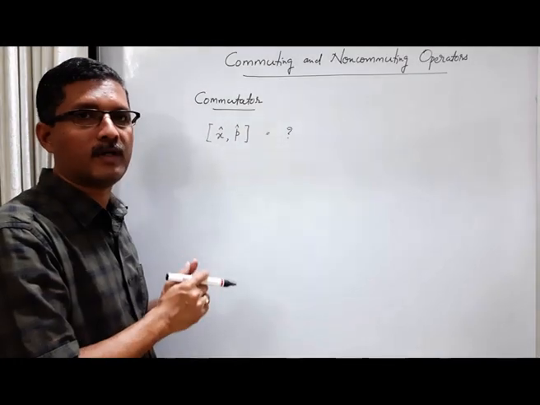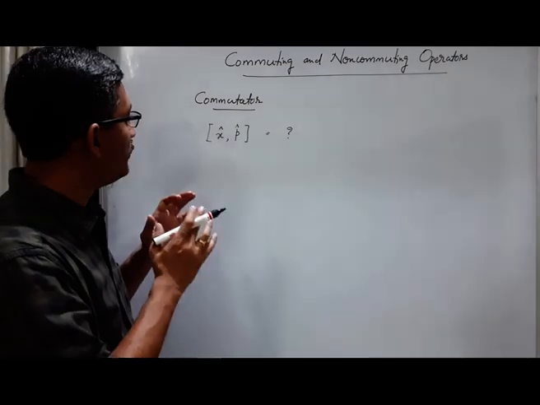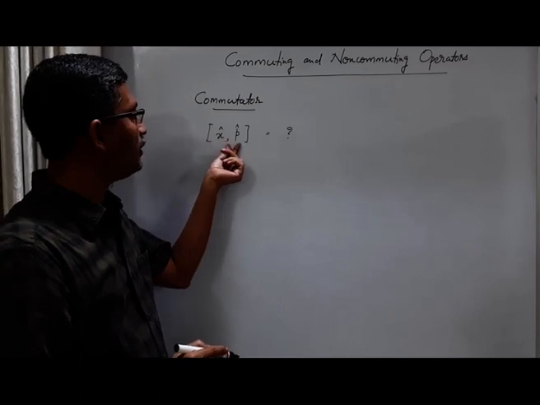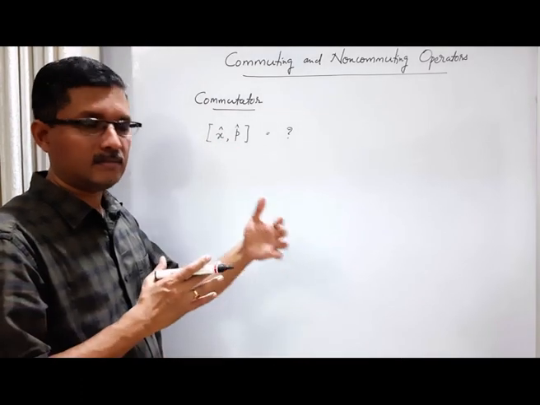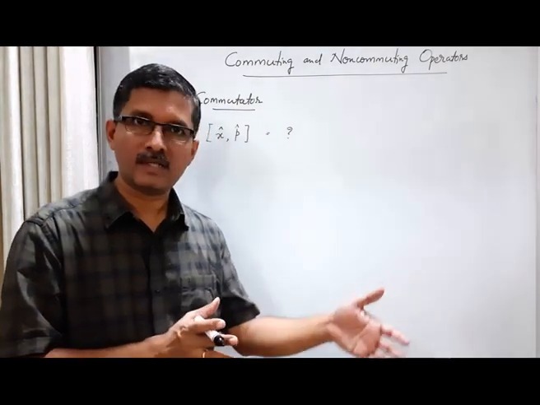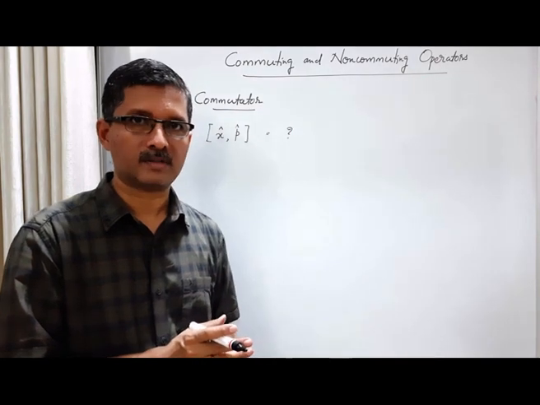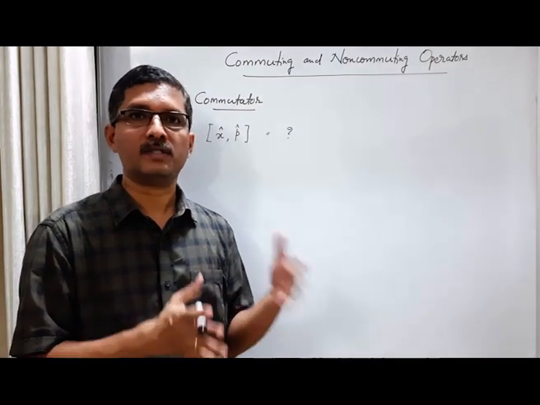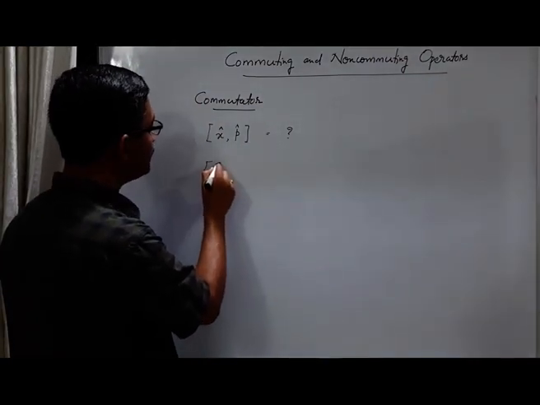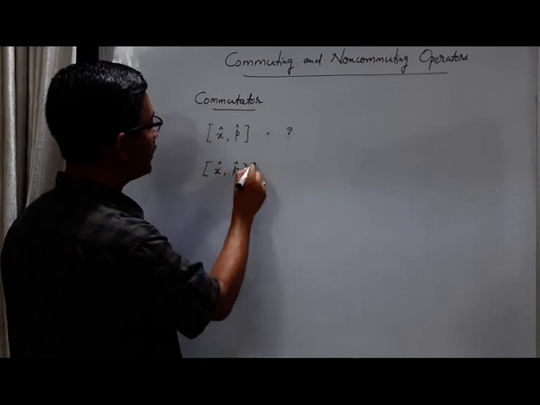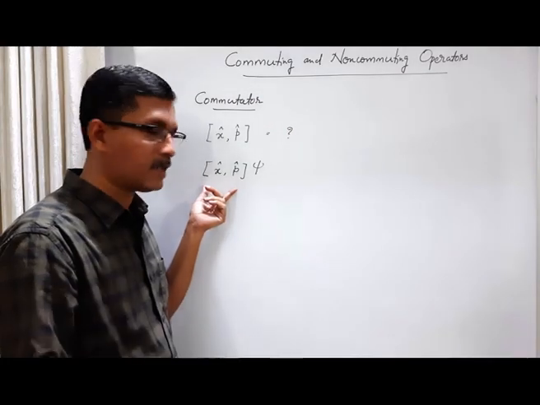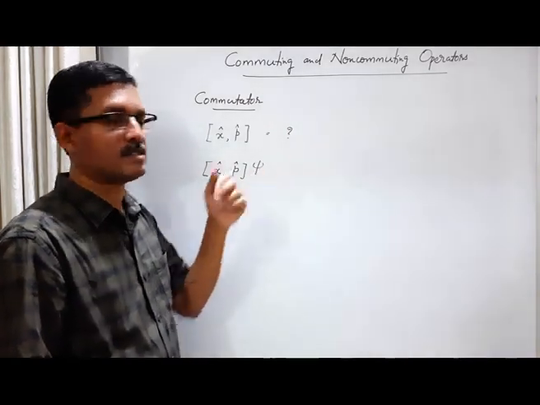In order to evaluate any commutator, or calculate any property of a commutator, we remember that if A and B are two operators, AB is an operator, BA is an operator, so AB minus BA is also an operator. So the commutator of two operators is also an operator. In order to evaluate this commutator, we operate it on a general state psi. Let us see what is the result.